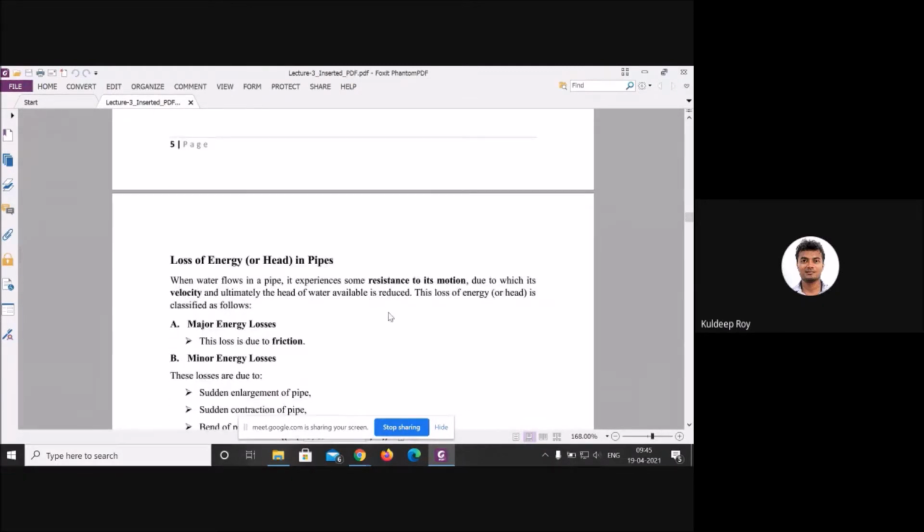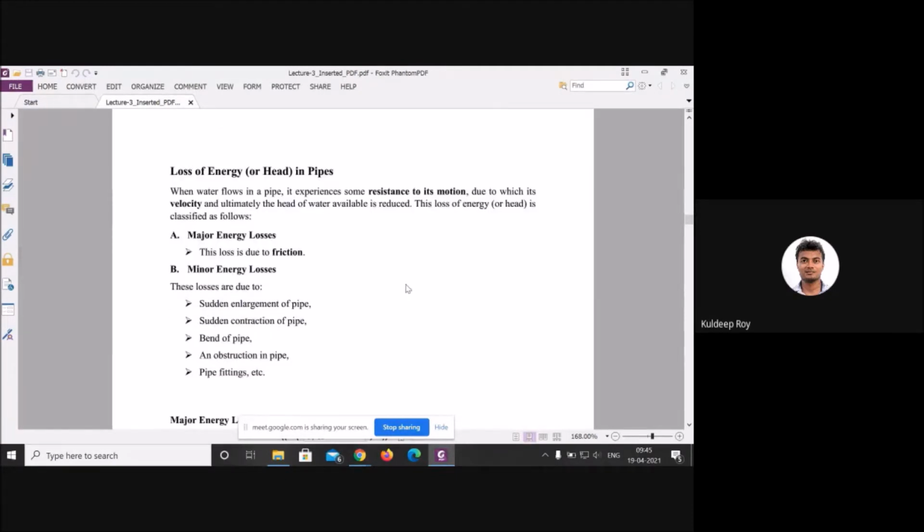Now today we will talk about what the losses in the pipe are. If you are designing any kind of reactor or working in any kind of bioreactor, there are a lot of losses in the reaction system. Let me make one plot. If you have a bioreactor with a volume of 500 liters, the volume is very high. If you want to flow a fluid from this position to this position without applying any kind of force, the fluid will flow based on gravitational force.